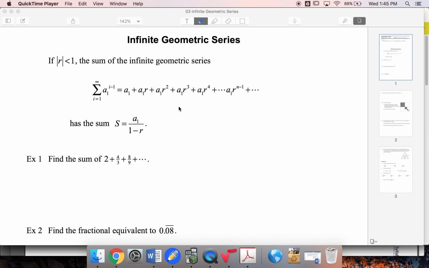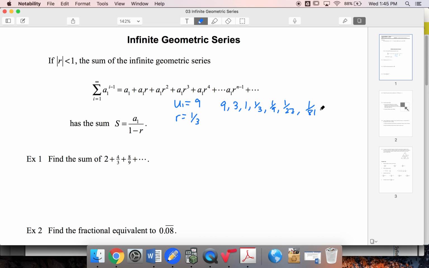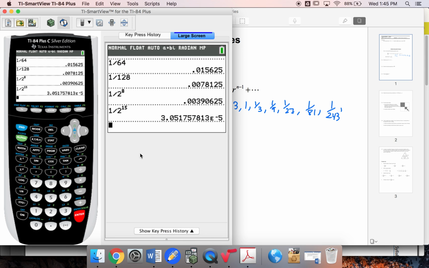Let's look at a quick example. Let's say that we had a u1 value of 9 and an r value of 1/3. So my sequence would be 9, 3, 1, a third, a ninth, a 27th, 1/81st, 1/243rd, and so on and so forth. Notice that even at this point, 8 terms in,